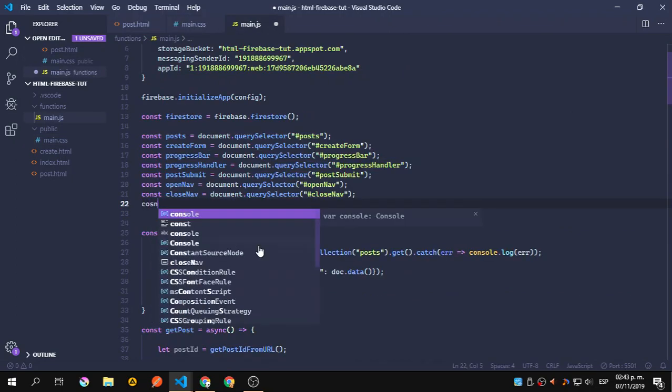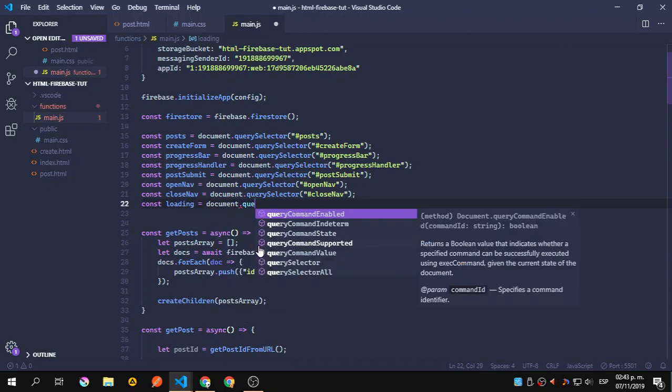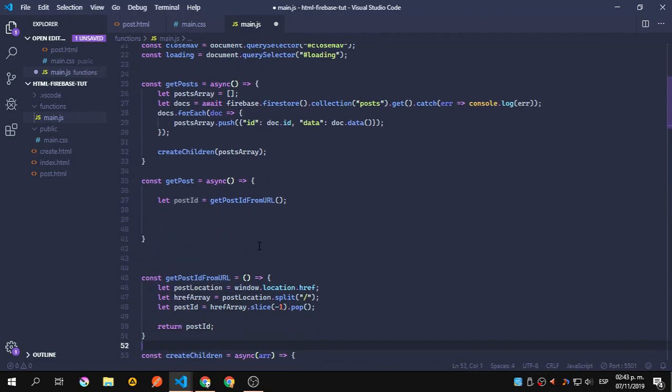So constant loading is going to be equal to document.querySelector, the ID of loading, and we're going to check if that exists. So if loading is not equal to null, then